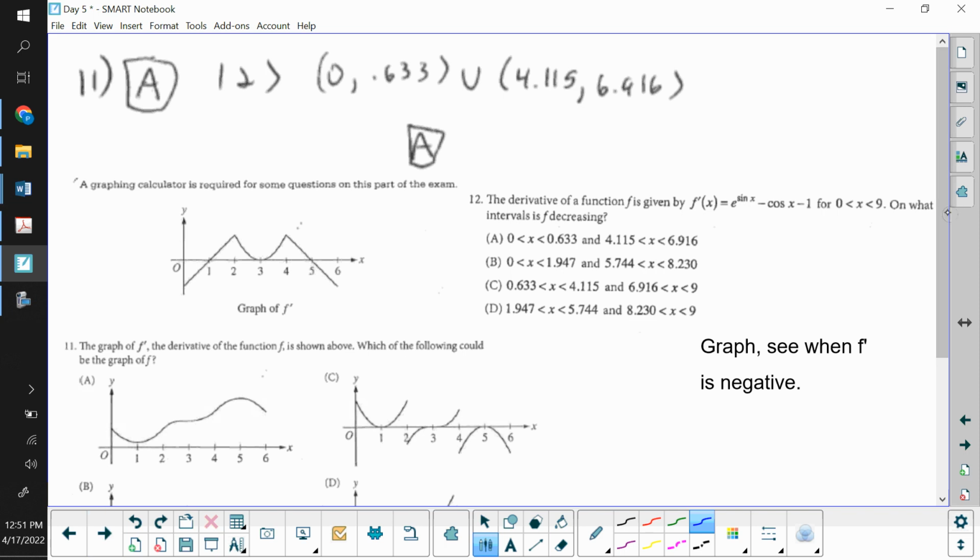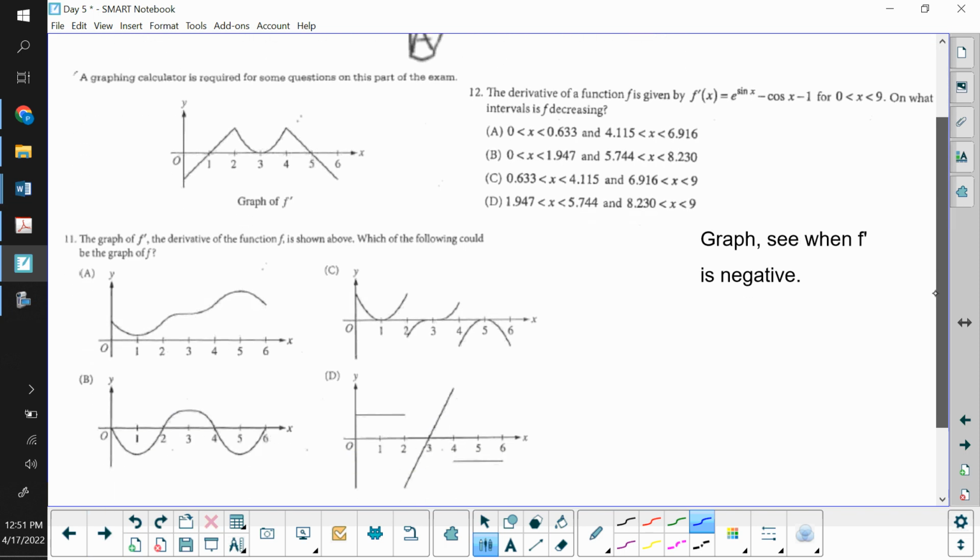In 11, this is a derivative graph they gave us. So negative derivative should lead to negative slope, positive derivative to positive slope, negative derivative back to negative slope. So we're looking for negative slope, positive slope all in there, and then negative slope. Now, notice the